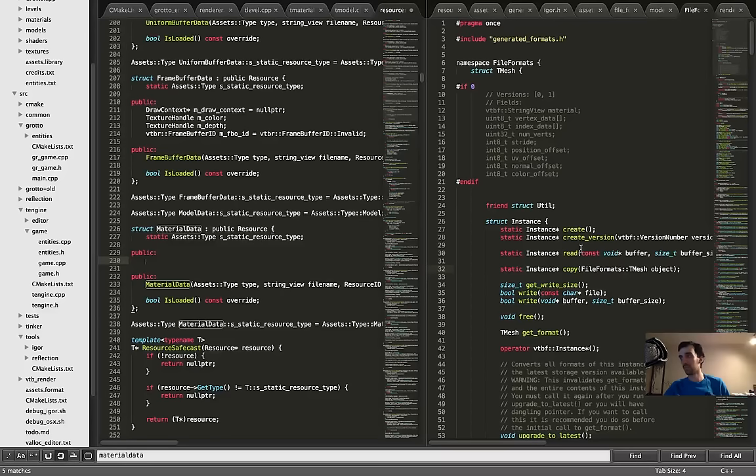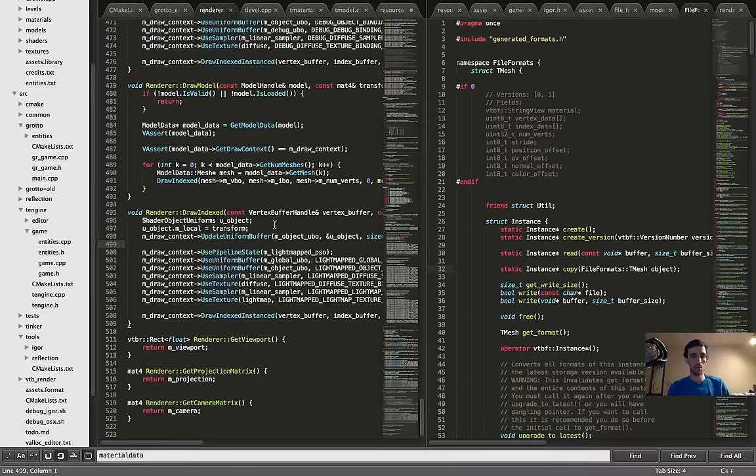Hopefully that makes sense. So we need to read that data in from the hard drive, fill it out right here, and then when we go to render, access that data, figure out what pipeline. Like right here, we've hard coded the light mapped PSO. So what we need to do is look up that PSO that we need, and then set all of this stuff according to what is in the